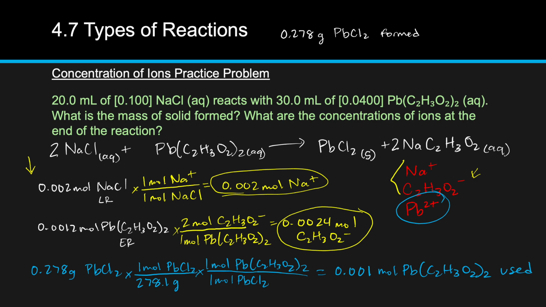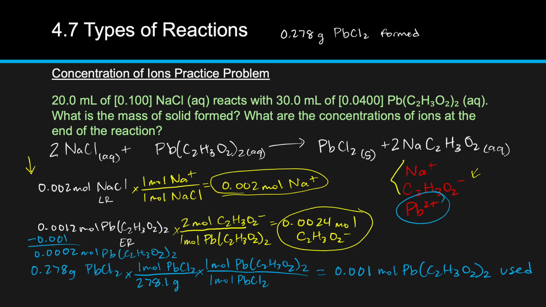So we can subtract that from our original here, which gives us 0.0002 moles of PbC2H3O2 left over. And since we know that's what's left over, we can convert that into just Pb2+ ions